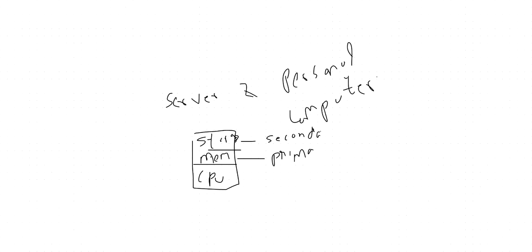So if you think about SSDs, HDDs, all this kind of hard disks come under the secondary storage, and the memory is the primary storage, which we also call